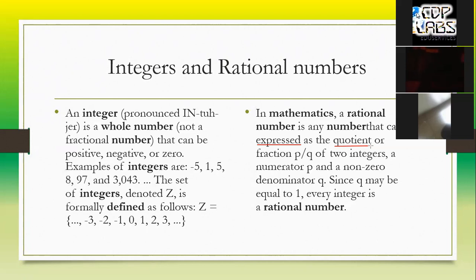Now, why do we use the word quotient synonymously with the word fraction? Let me tell you why. How do we get fractions? Think about it. How do we get fractions? It's a portion of a whole. And how do we get a portion of the whole? Good. Portion of a whole.